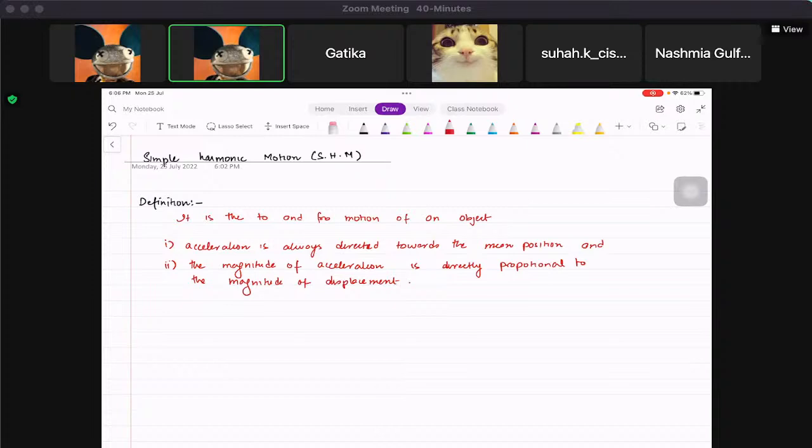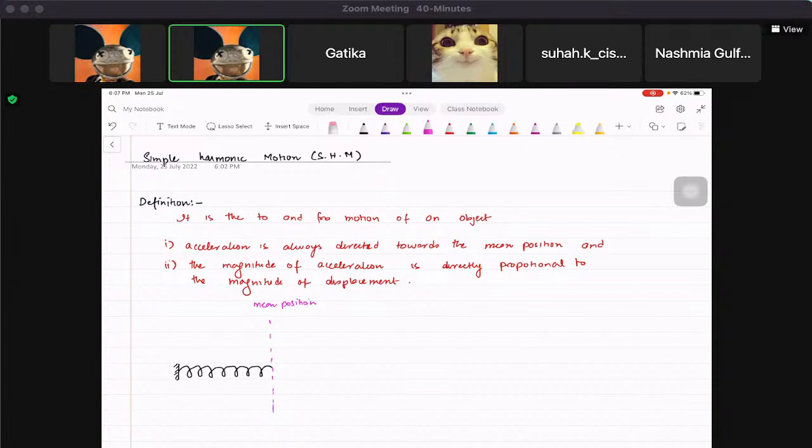now suppose we have a spring which is here. Okay, and this we can call the mean position. This is the mean position. Mean position basically means that at this point there is no acceleration. Okay, now